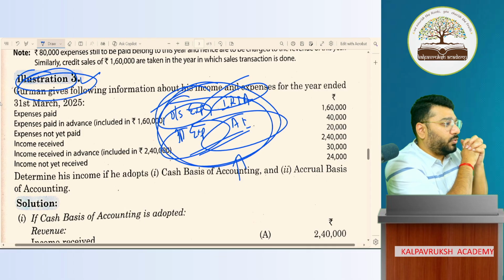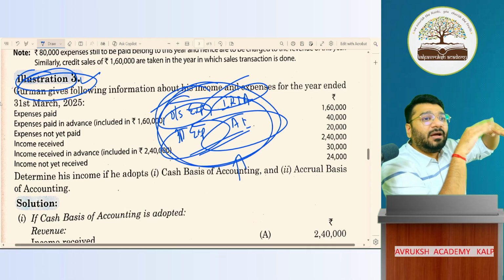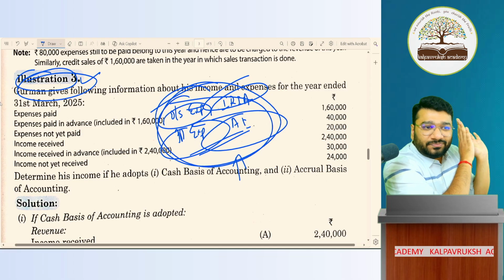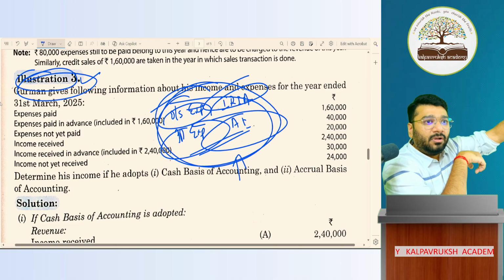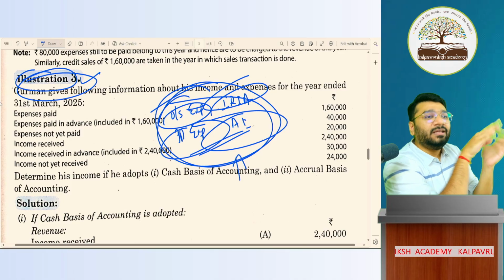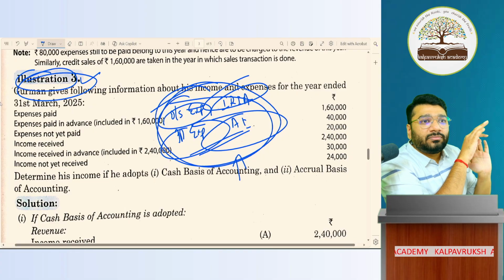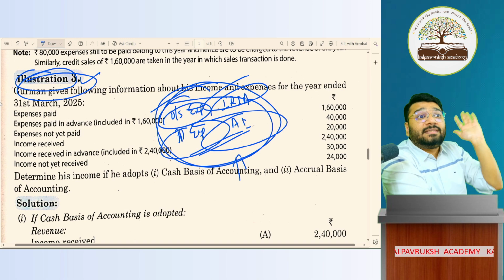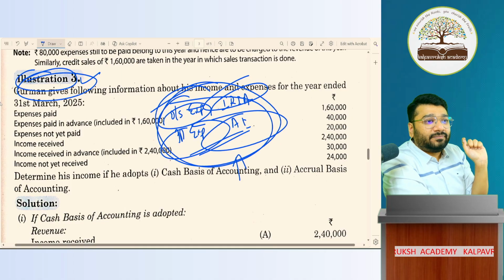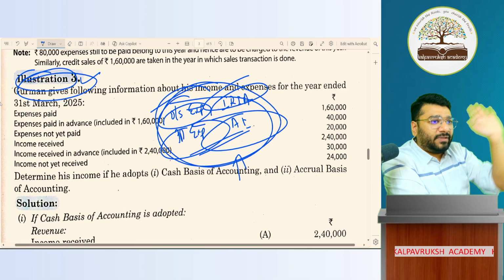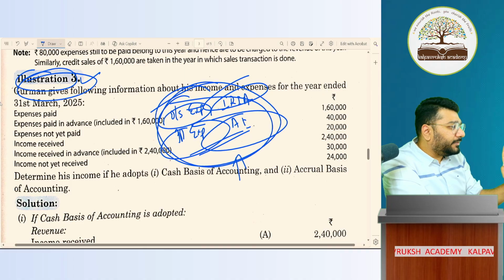Otherwise, from 2018 up till the May 2026 attempt, I've covered all the questions of MTP, RTP, PYP for you. In all the attempts which have gone by, 90% of the questions have come from these only. These are not my questions. These are ICAI questions. Somewhere in that only it will come, or from the TS Grewal book. Either way, you are safeguarded. So in future, I believe it should come from there only. But after what happened in CA final AFM, I'm a little bit skeptical that an AI paper also can come. So I will do a little bit of preparation from my side. You don't break your head. I will take care of that. Got it? Not got it? Clear? Not clear? Okay.